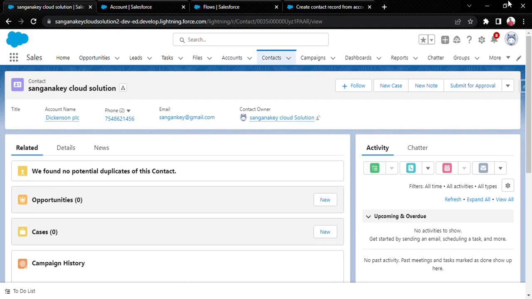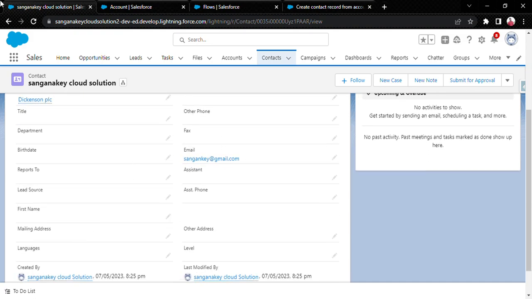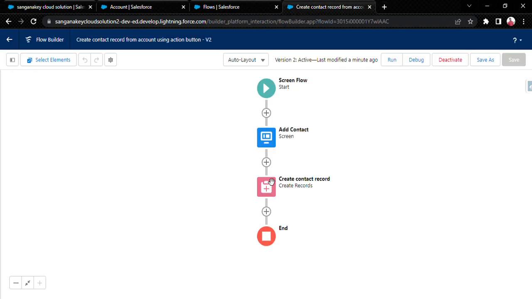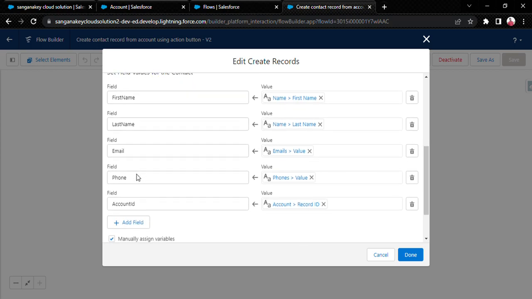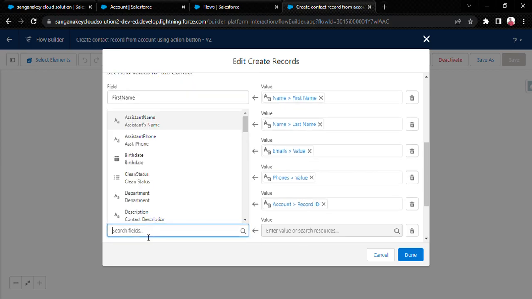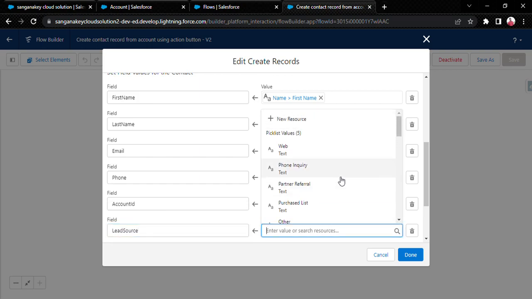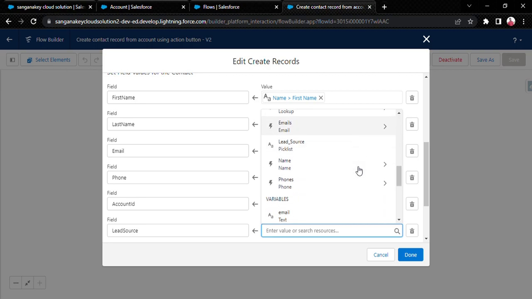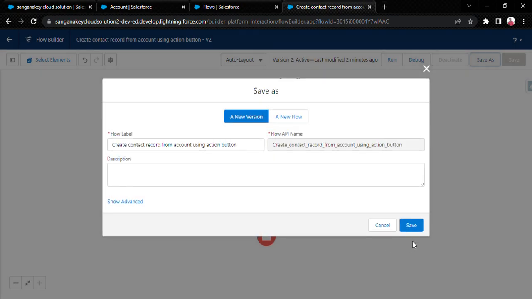Click here and see the details. Whatever details we provided came here. That is the account owner, the name, the account name. Then phone is there, email is there. Okay, I think we also forgot to use the lead source here. Yes, correct. Sorry. Lead source. Use this lead source. Done. Save as, save